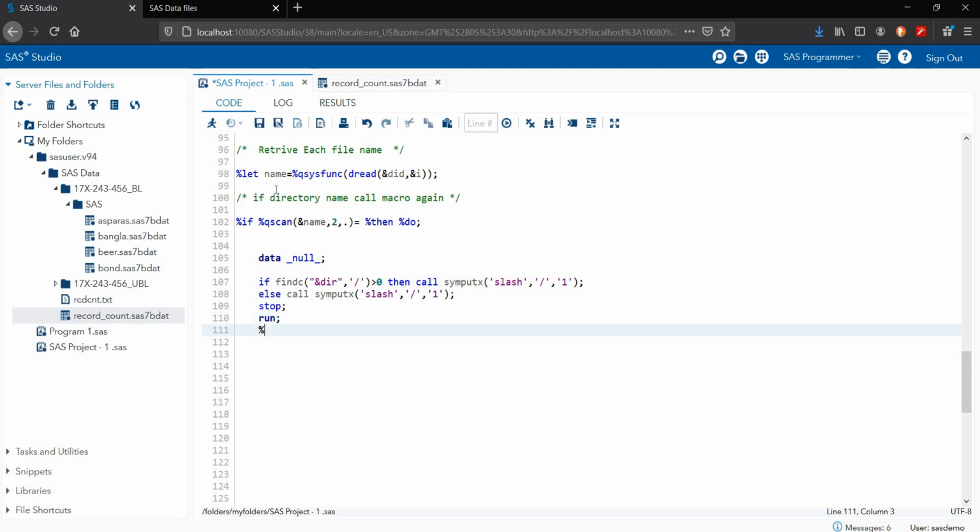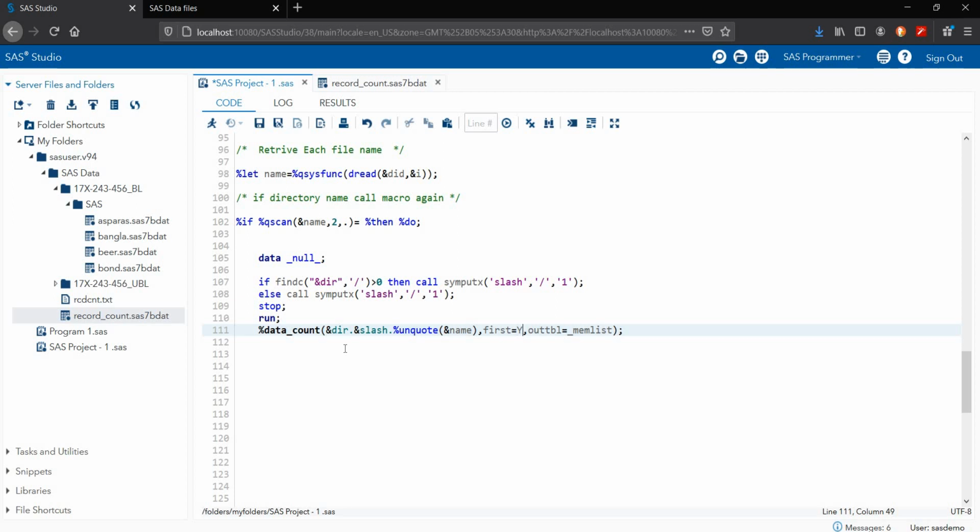So %datacount. So here my library dir, then we have the dot slash, then dot percent, and we have the name.